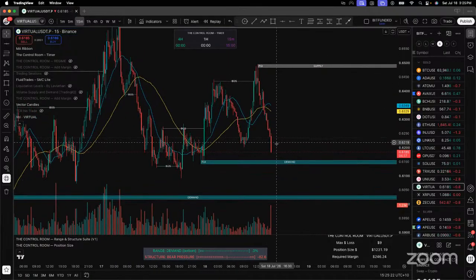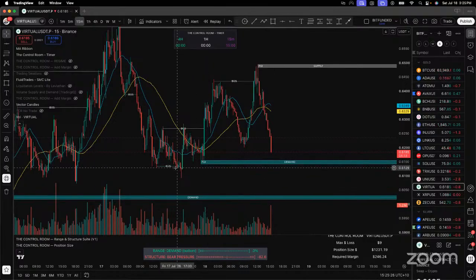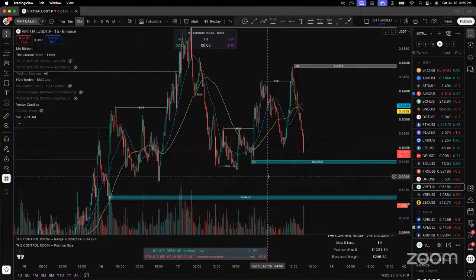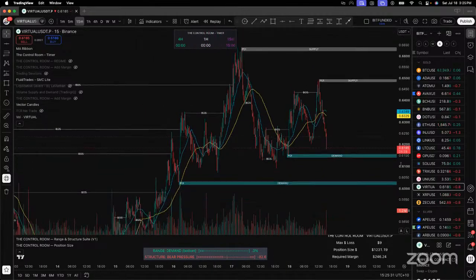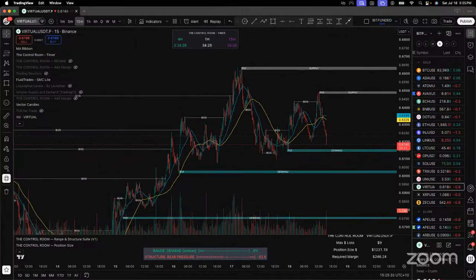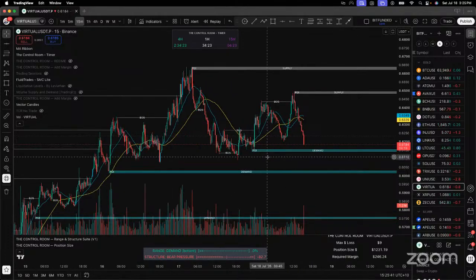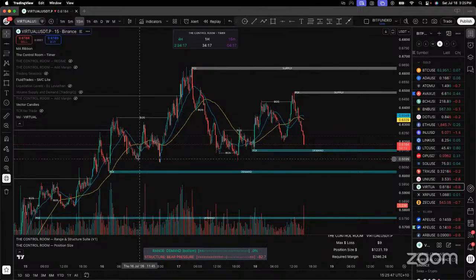All right, so Virtuals come back. It's about to get this vector. I'd like to see it pop through demand, clean out that vector, and we might add to that if I've still got a position. I don't even know what positions I've got. Okay, I've got Virtuals. Entry is 6102. Where's that? There we go, about here. So stop loss is at entry. I added to that last night.